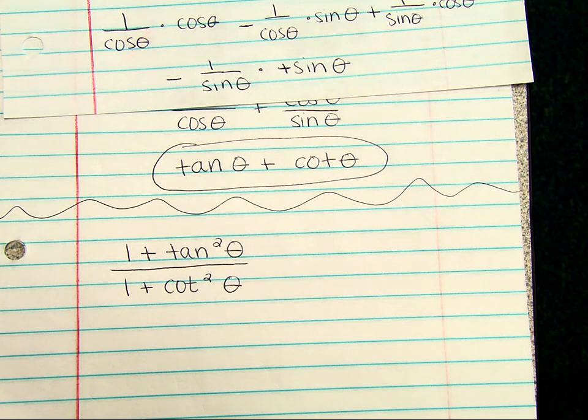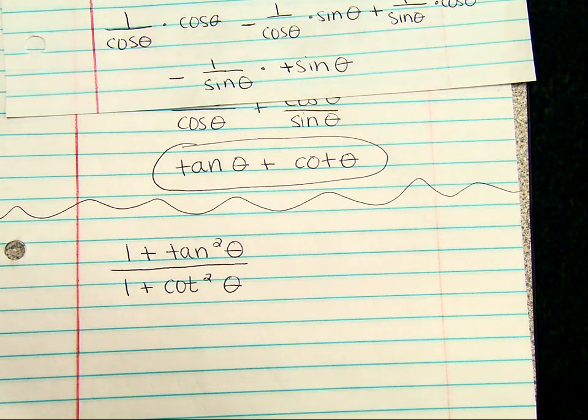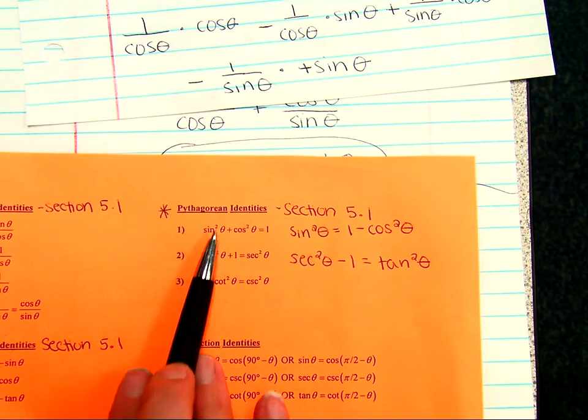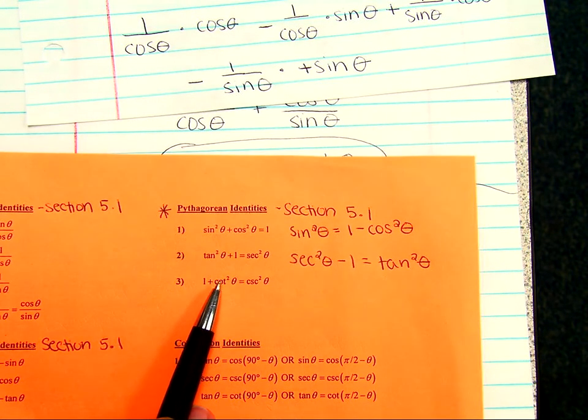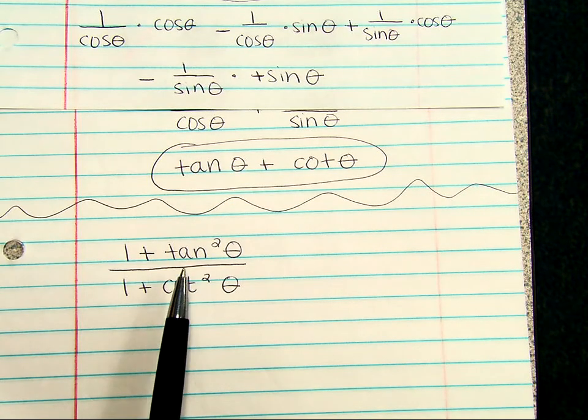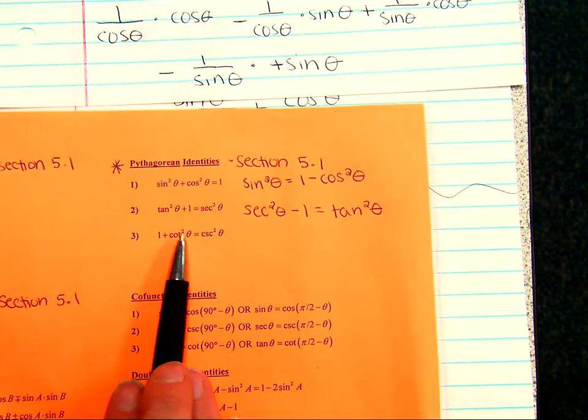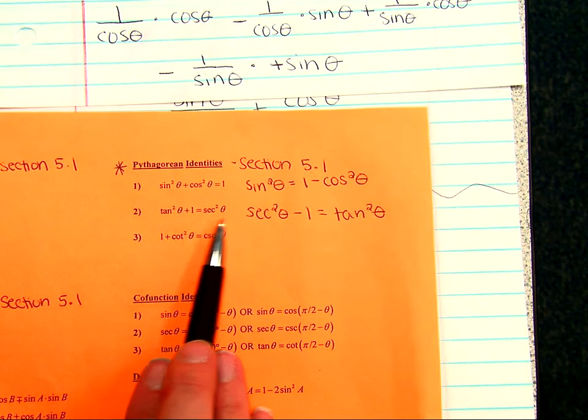Okay, so I have 1 plus tangent squared theta. As soon as I see anything that is a trig function squared, I want to start seeing if it fits one of my Pythagorean identities. And I just want to caution you to be very careful that all of the signs, meaning positives and negatives, work. So the fact that I have 1 plus tangent squared theta, that is exactly one of my Pythagorean identities. Tangent squared theta plus 1 would be equivalent to that. So